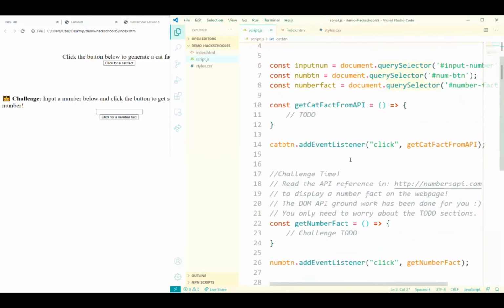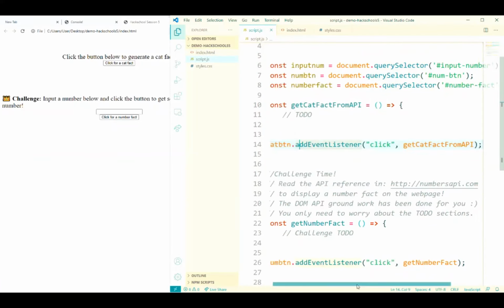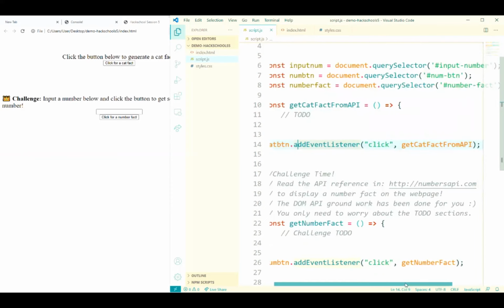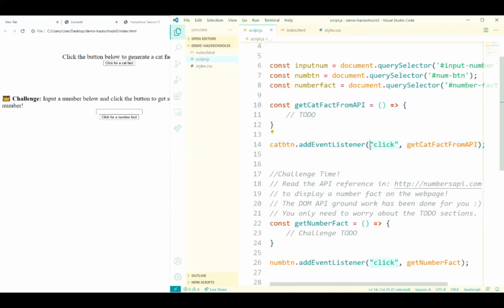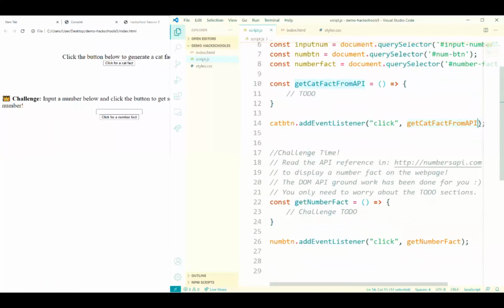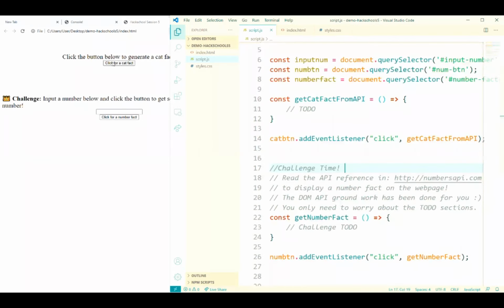Then, if you see down here, we have cat button dot add event listener. This should be pretty familiar; we've used add event listener before. It listens for a click event, and it will call this function, get cat fact from API. Now, using our knowledge from today, we know that this function is a callback function, and whenever we click this button, this function will be called.